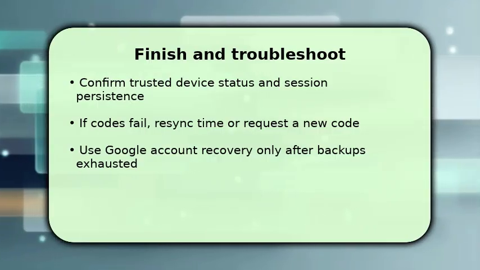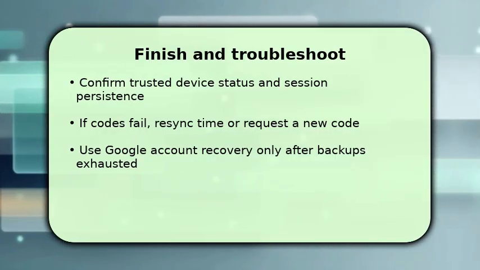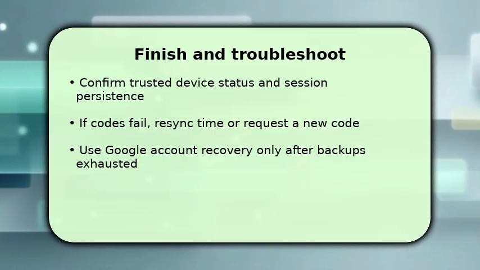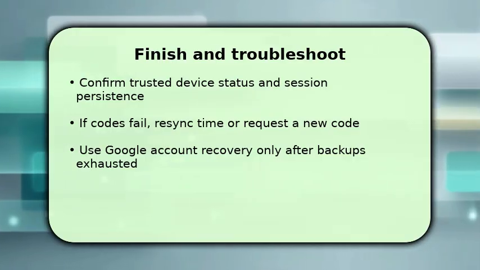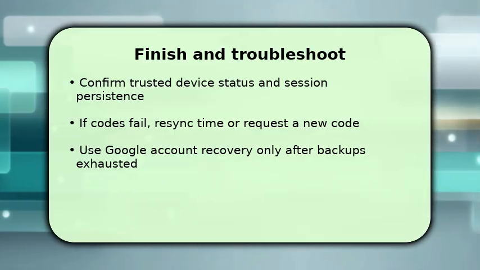If your code is rejected, first request a fresh code, then resync the Authenticator app's time correction setting. This fixes most mismatches. If SMS never arrives, switch to a backup email or use a printed backup code. Only use the account recovery flow after exhausting backups, because